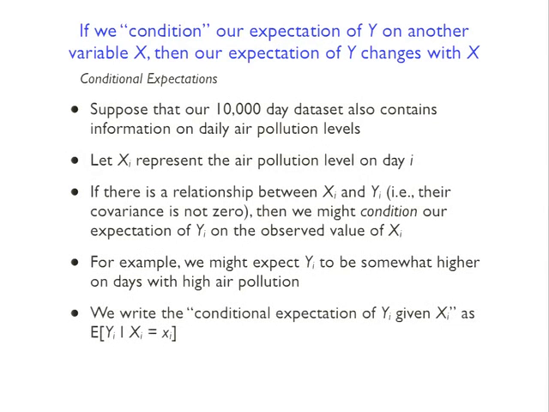So in terms of notation, what we write is that the conditional expectation of yi given xi is written as E of y given xi equal to little xi. So the idea here is that y and x are both random variables in the sense that y is the number of hospitalizations per day, and so that can vary from day to day. X is the air pollution level per day, and that also can